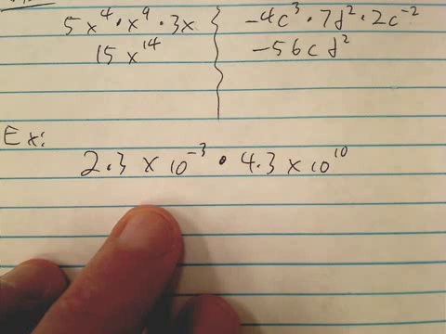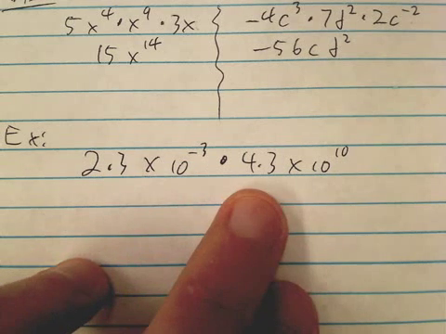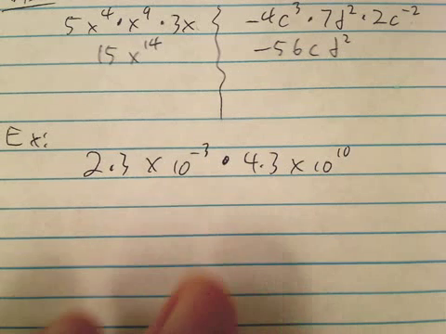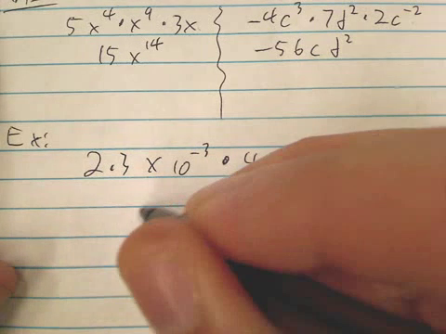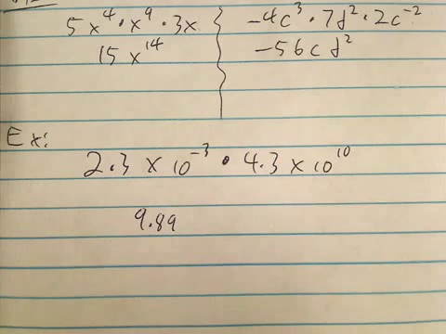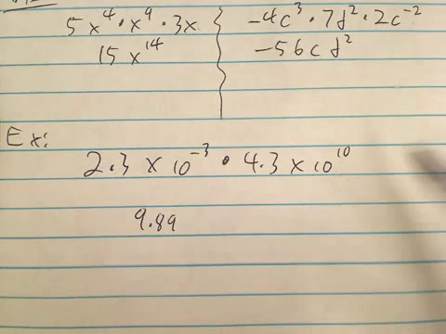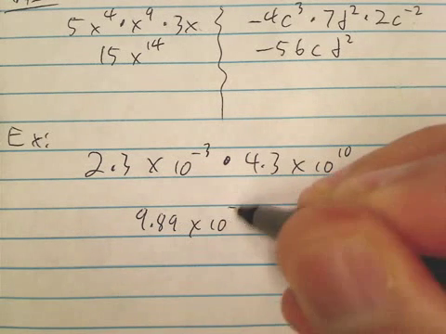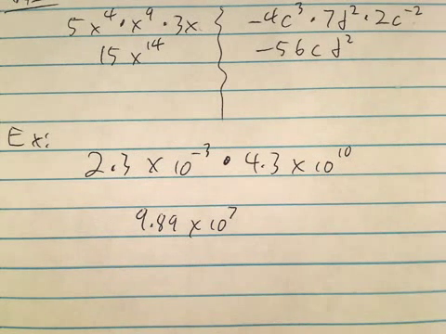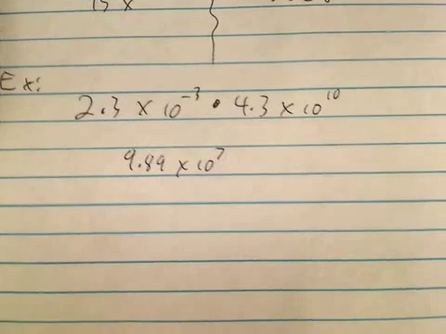2.3, and my calculator's being fussy, times 4.3. And that's 9.89. Okay? And then negative 3 plus 10 is 7. So that's that. Okay? There's one other thing that could happen here, though, and that deals with the rules for